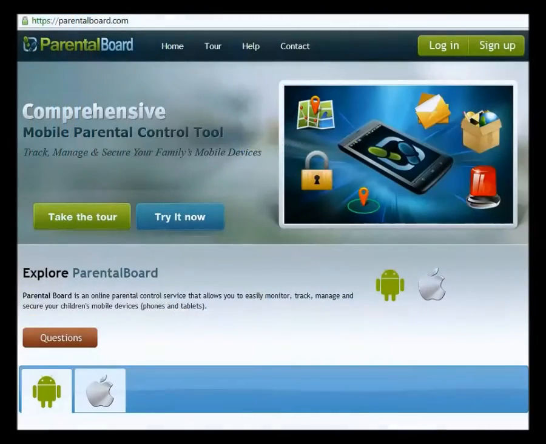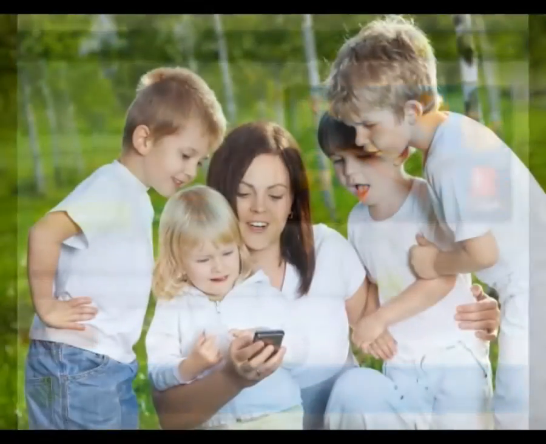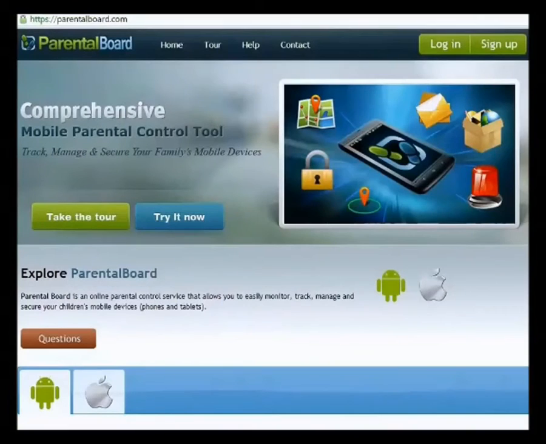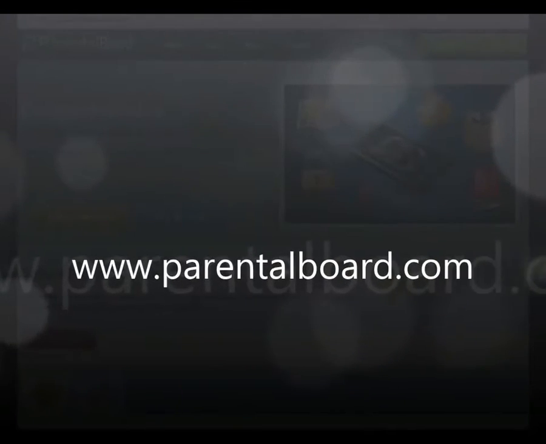What is Parental Board? Parental Board is a service that allows parents to track and manage their kids' mobile devices. Parental Board currently supports two major mobile platforms, Android and iOS. This presentation explains how to manage Parental Board on Android devices. You can find presentations explaining the management of Parental Board on iPhones and iPad on the project's website at